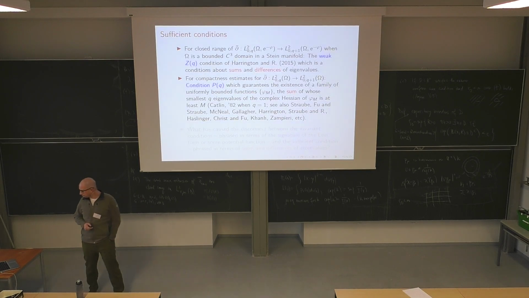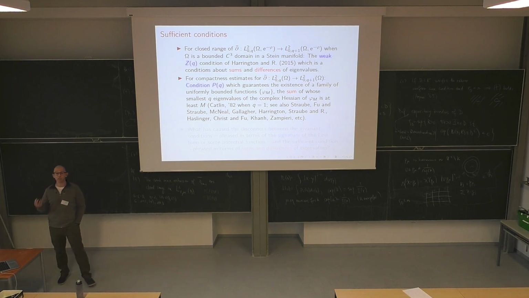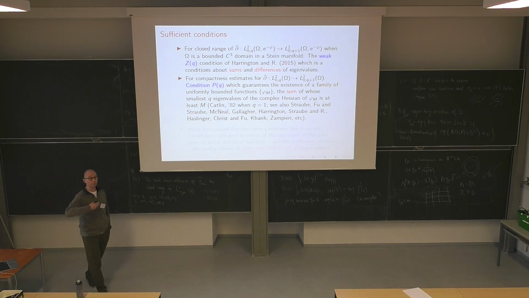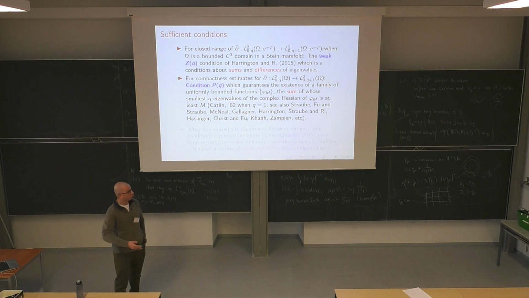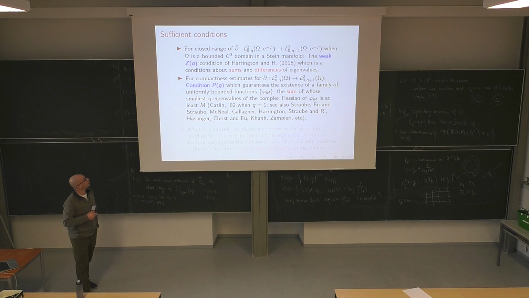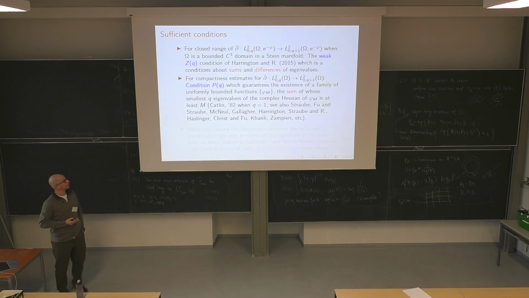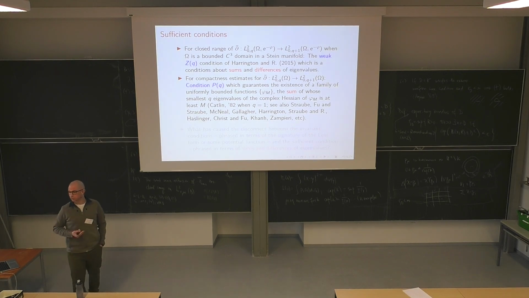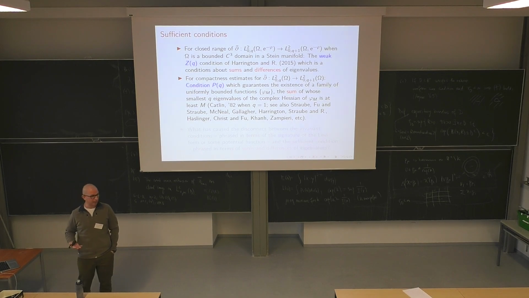So, on the other hand, let's talk about what's known about proving some of these things. For example, the most general condition currently for proving closed range of D-bar on 0Q forms is a condition that Phil and I came up with a number of years ago. We called the weak ZQ condition, and it's defined in terms of sums and differences of eigenvalues. For compactness,